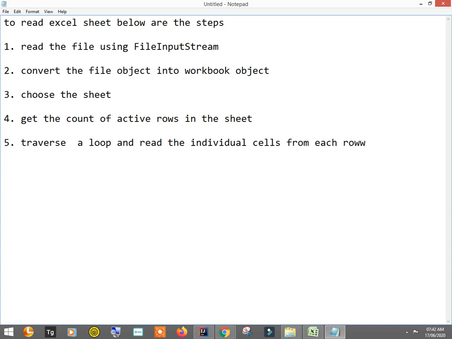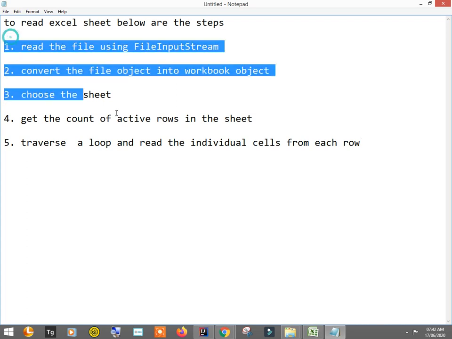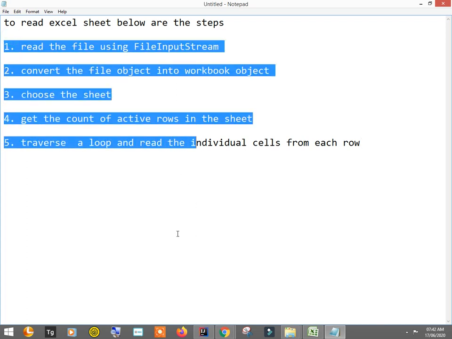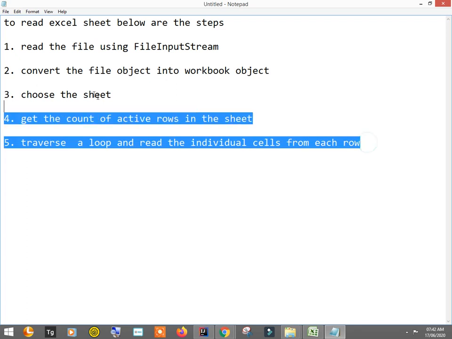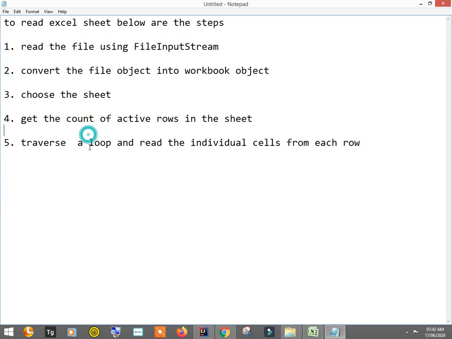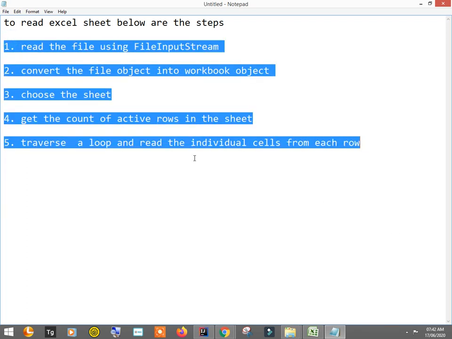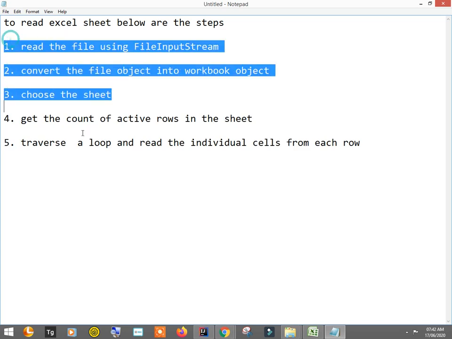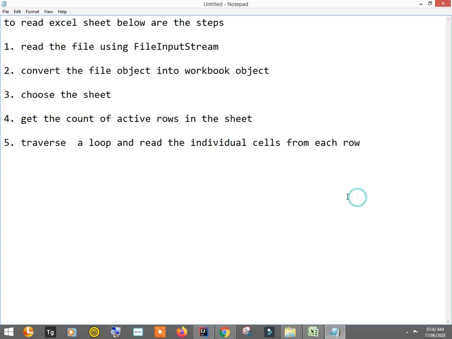These are the steps that we need to execute, and we will write code for it. The code is very simple, but you just need to remember these steps. So code is again not a big deal.